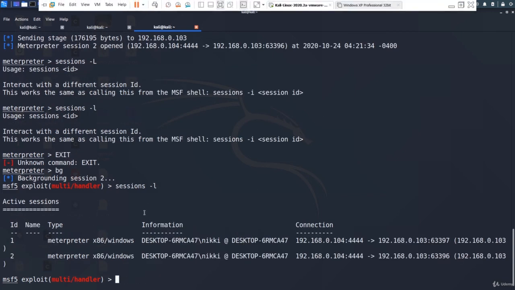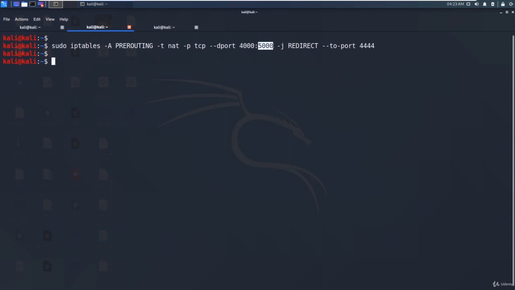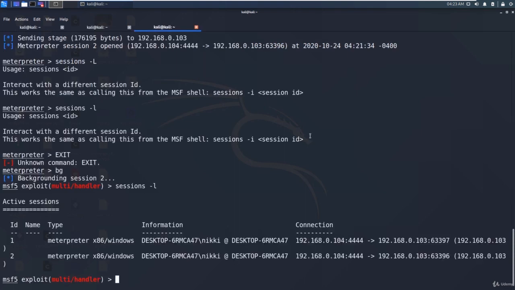So even though we have the firewall rules for 4000 to 4500, we have successfully bypassed those firewall rules. The reason we added 5000 is that we get some extra space over 4500. So you can also say 4000 to 65535, it's not a problem. So that's all for this video. I hope you have understood.